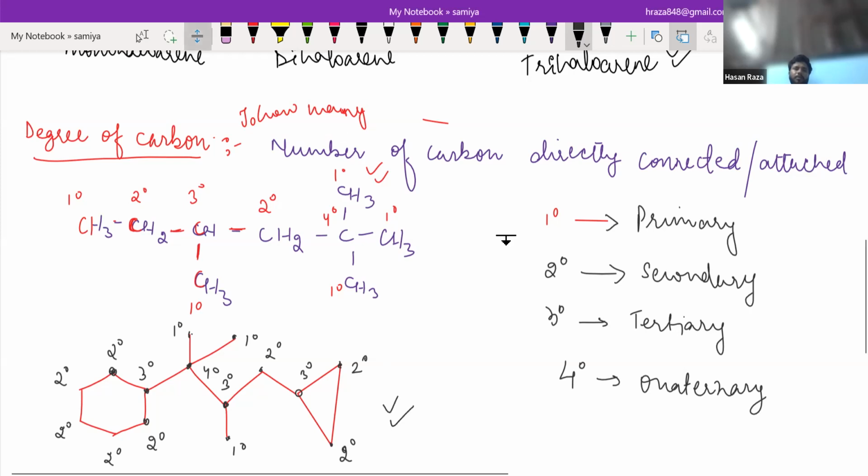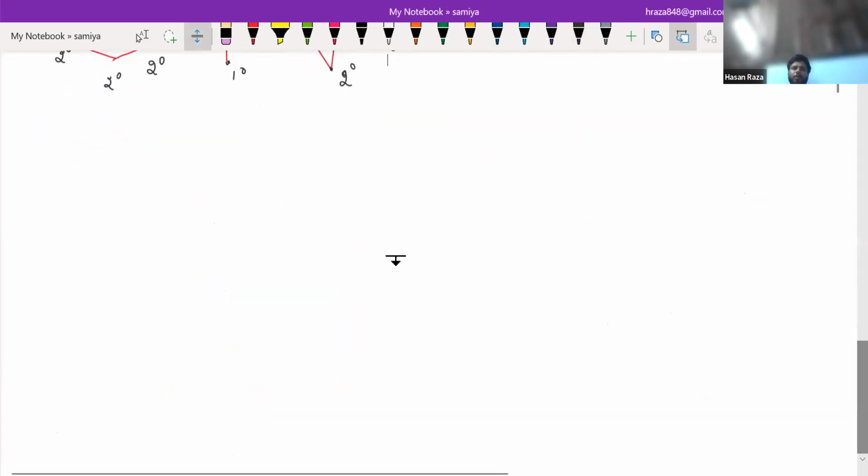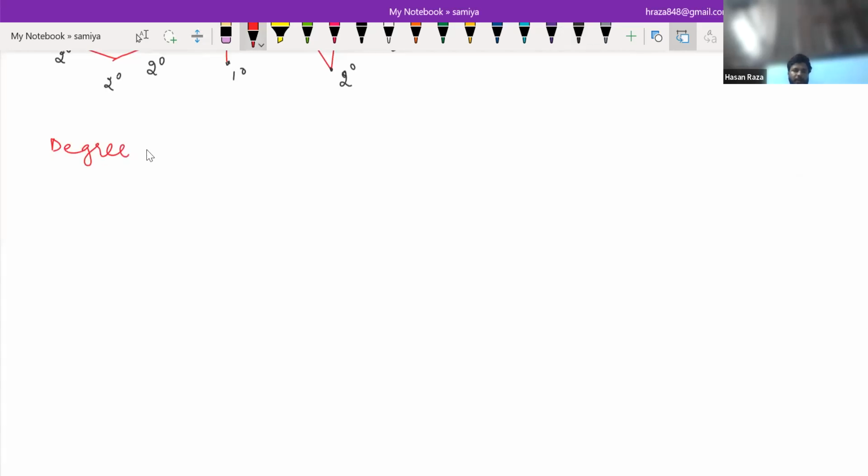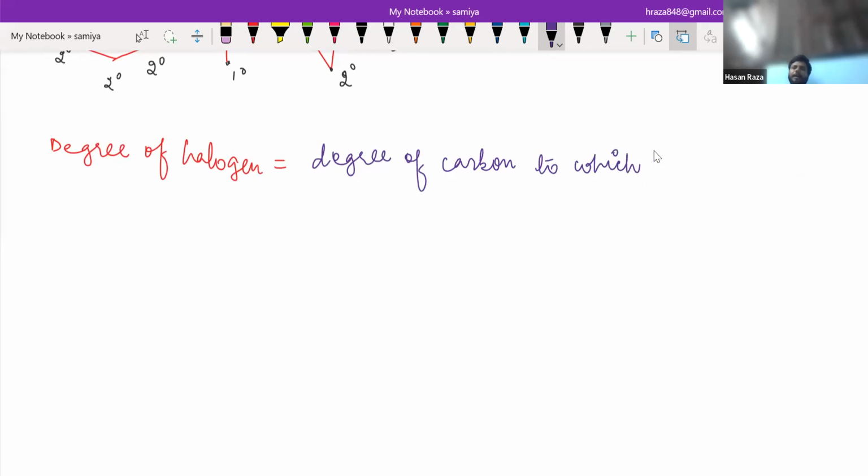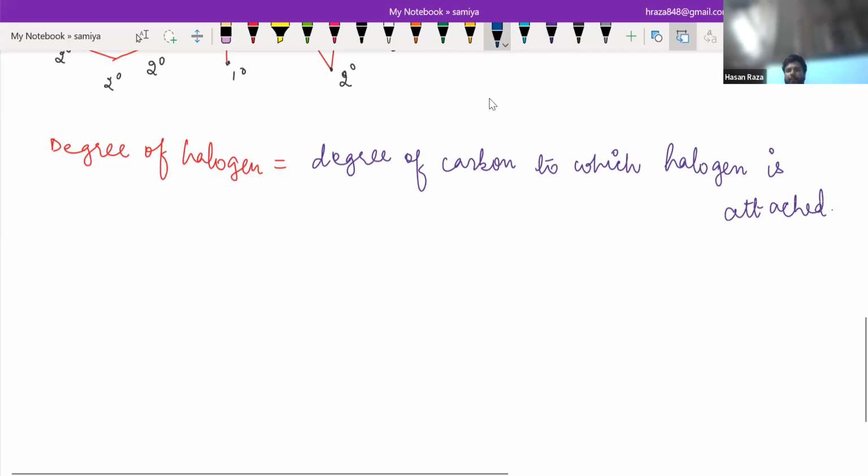Okay, very good. So I'm going to change the slide and we'll come to degree of halogen. See how we are going to calculate degree of halogen. Degree of halogen equals the degree of carbon to which halogen is attached. Degree of carbon to which halogen is connected or attached. So it is very easy. If you have to calculate the degree of halogen, you just need to calculate the degree of that carbon to